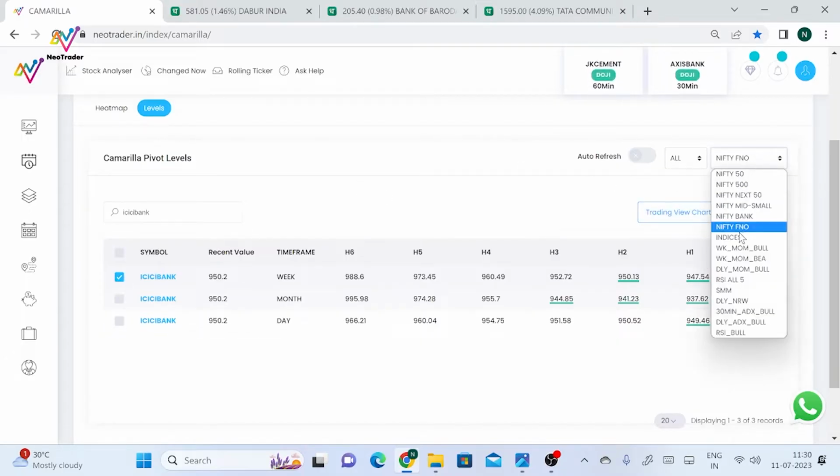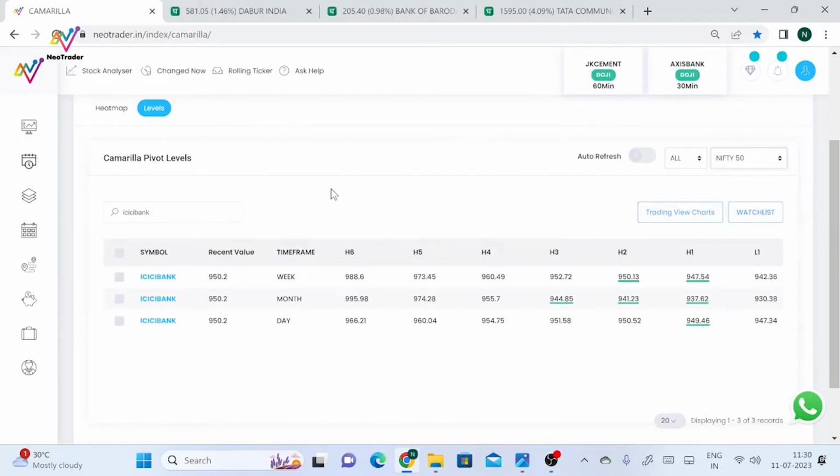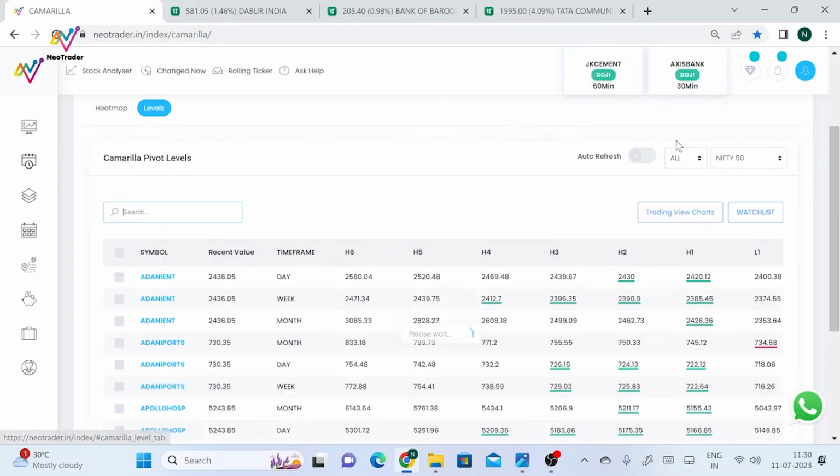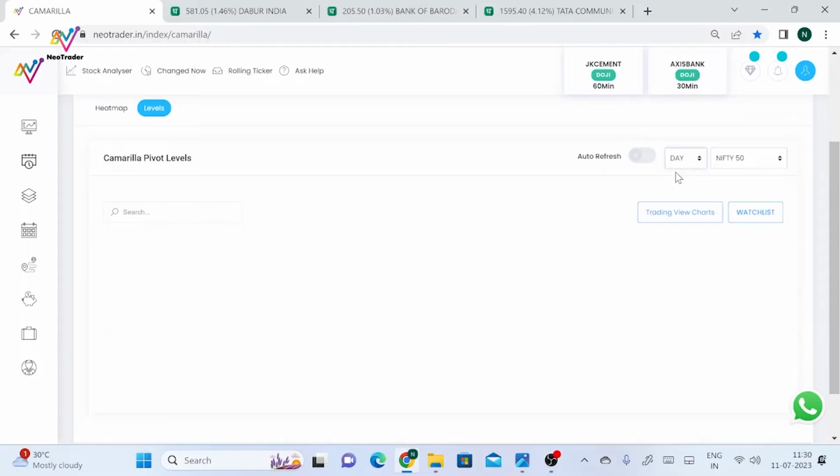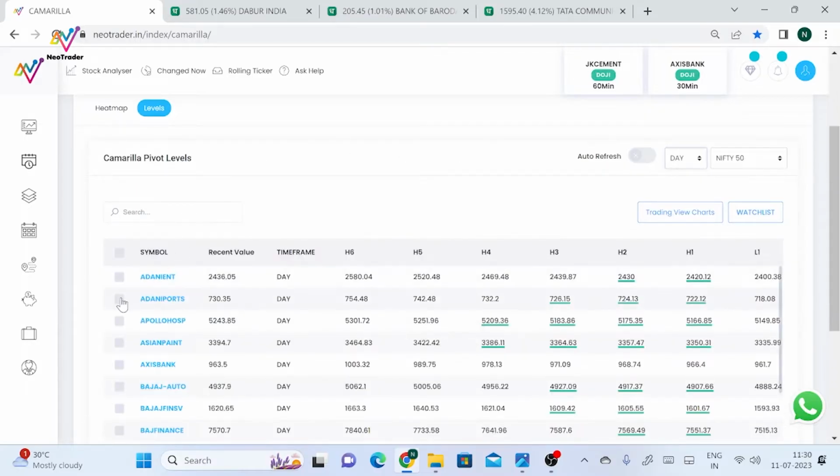Say I have the Nifty 50 here, and I remove ICICI Bank from here, and then I make it daily. This is just an example which I'm showing, and I want to add this set of stocks to my watch list. I can add these stocks to my watch list as well.